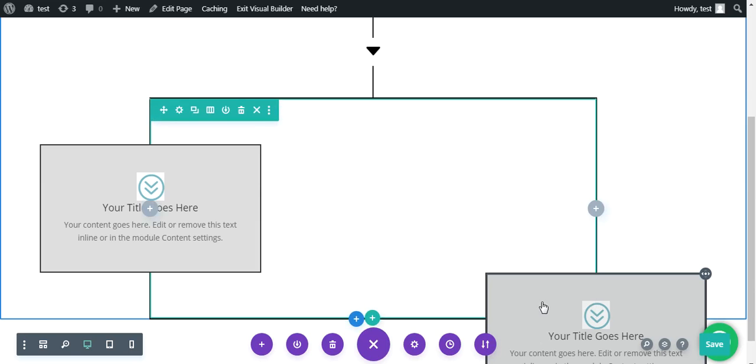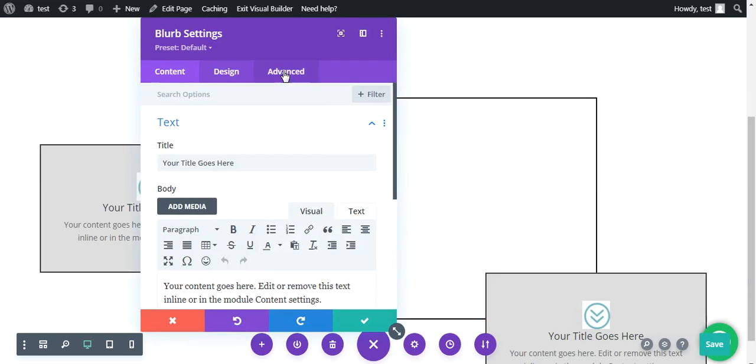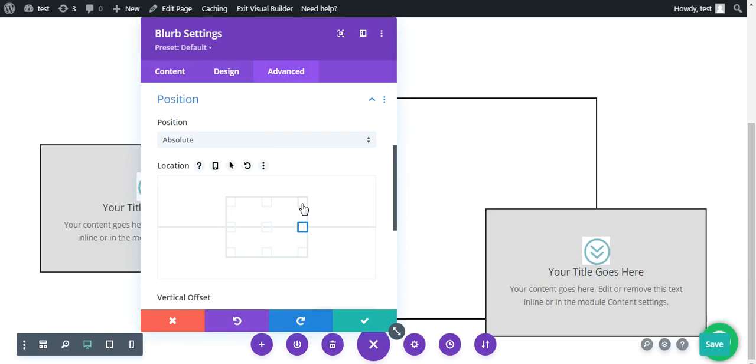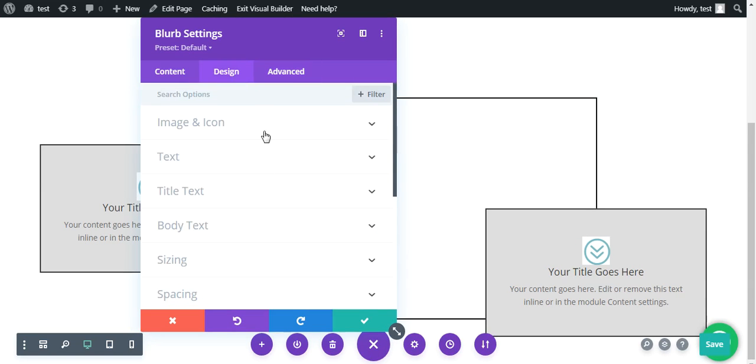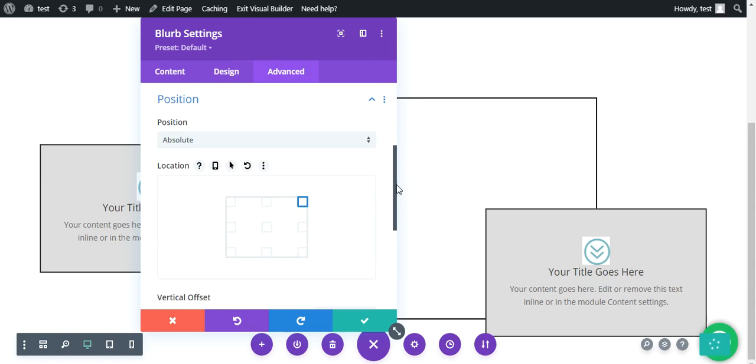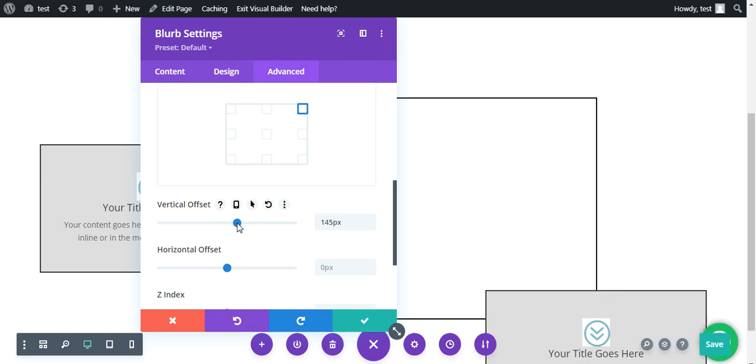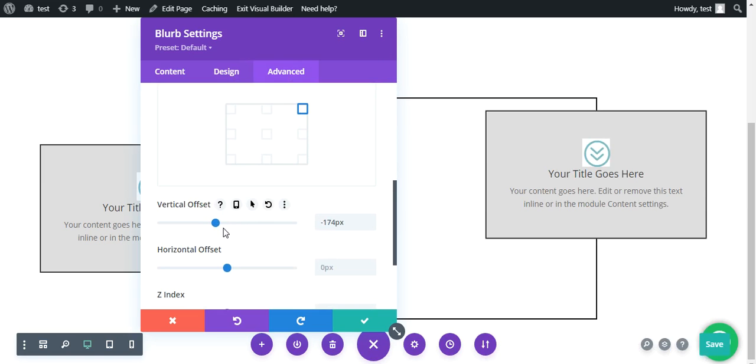Now let's again do one more thing, which is we have to modify the position again, position absolute. Cool. Now position absolute, let's use the vertical offset. Cool.